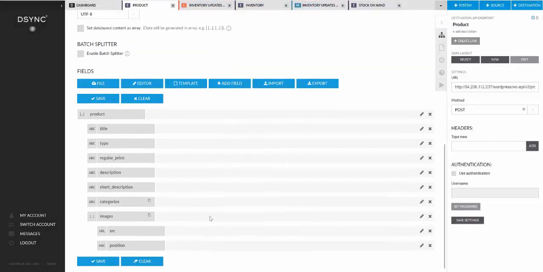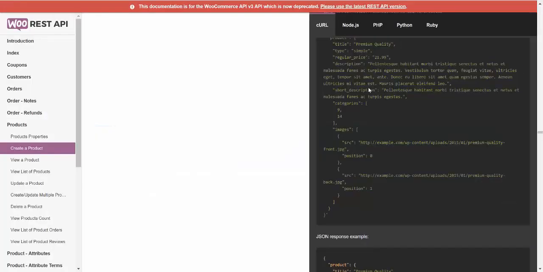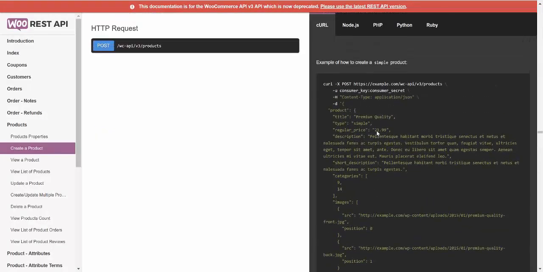DSYNC generates the data layout based on the sample, and we will make some changes to it. As you can see, there is some multiple images array underneath that. There are some categories, short description, title, type, and so on. What we want to put in, because this sample doesn't have all the data